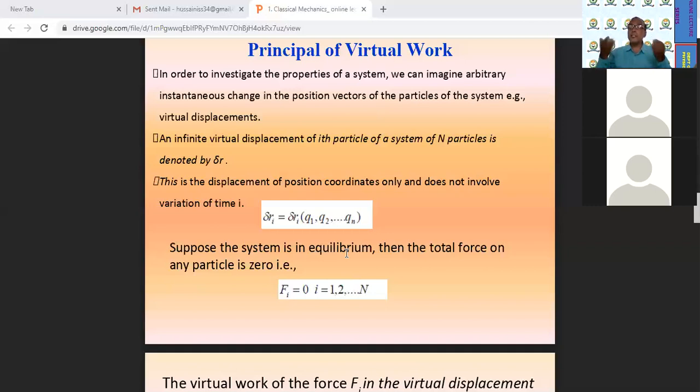And ultimately if it is so, force is 0, then force is 0 means the force acting on the ith particle is also 0. That is Fi is equal to 0, where F1 is the force acting on the first particle, F2 the force acting on the second particle, Fi the force acting on the ith particle, and therefore in general we can say each and every particle of the system is not acted on by any force. That means in general we can summarize Fi is equal to 0. The force acting on all ith particles of the system is equal to 0, where i goes to 1 2 3 and so on.